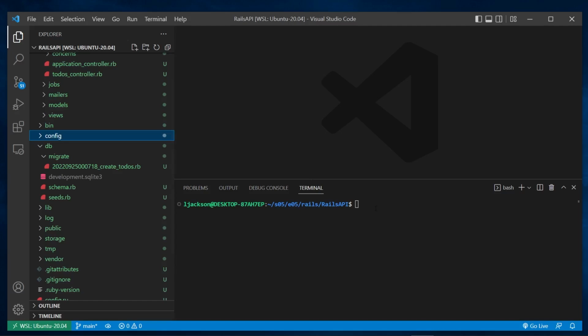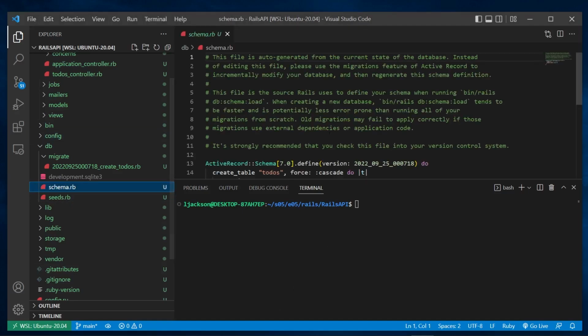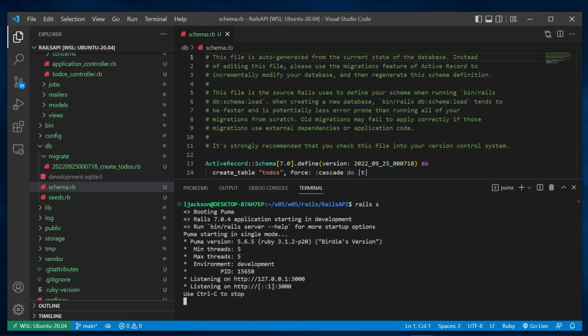So back over in our API, we just want to run it up and test that it's working. So we've just done our database migration. We have our schema file here. So we should theoretically just be able to run up an application, our API, and start using it. And the way you do that is by typing rails server, or if you're lazy like I am, you can just type rails s, and that will start up a Puma web server with our API running on localhost